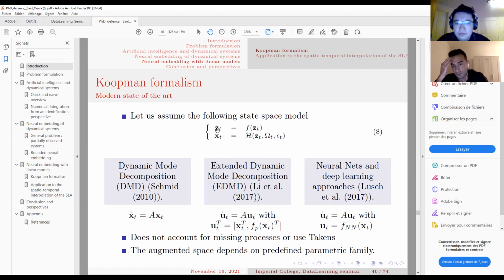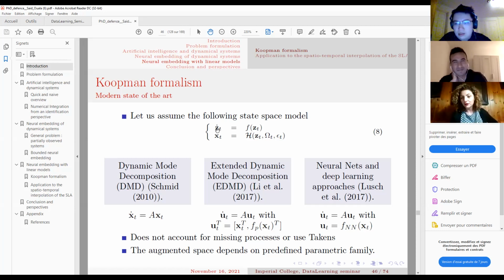Okay, thank you, Said, for the detailed explanation. So I just see there's another question from Jake in the chat. He would like to know if the code of your project can be available on GitHub.